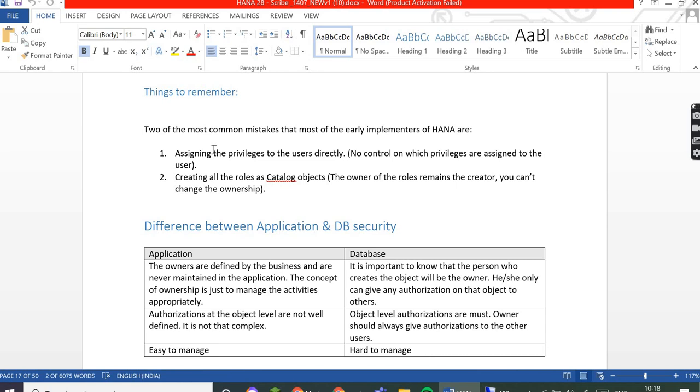It is very tough. But if you know these are the roles, and some common roles are there, and you want to assign one specific privilege to all the users, you just add it into the common role, and it will automatically be given to all the users. Otherwise you have to individually add that new object to each of the 100 or 200 users.